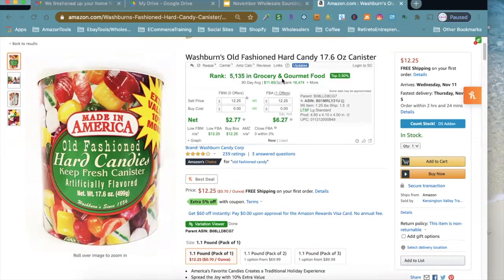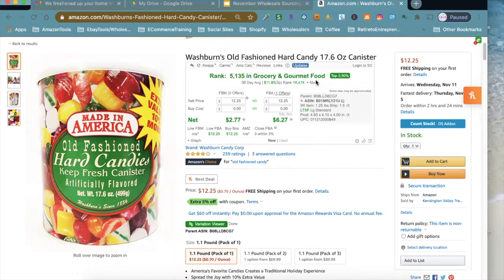You can see the rank. I'm sorry, I'm gonna back up again. This is another tool we'll talk about next week. This is a paid tool, but again, I'm always looking at tools when I do my reverse sourcing, looking for products that'll give me a snapshot of what's going on with the item when I'm searching.